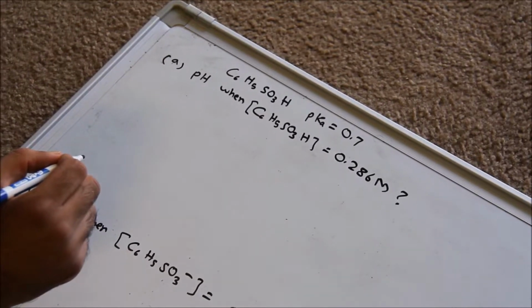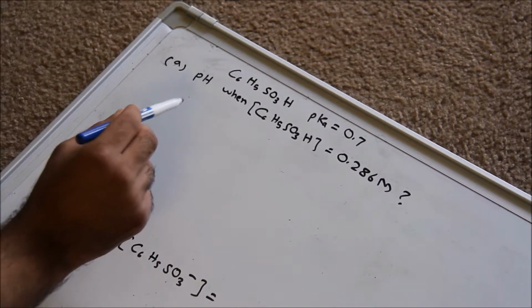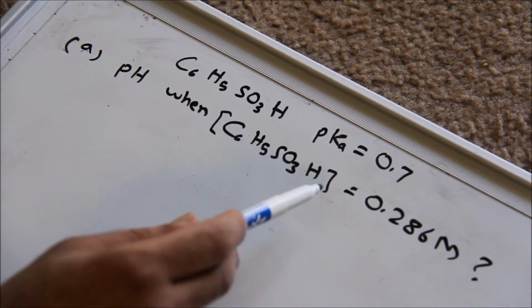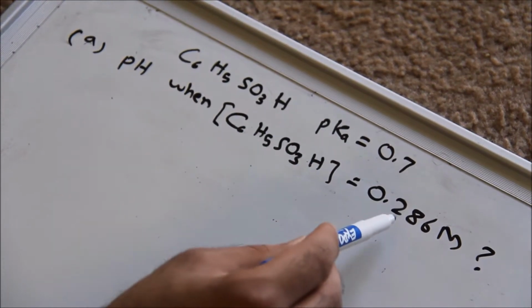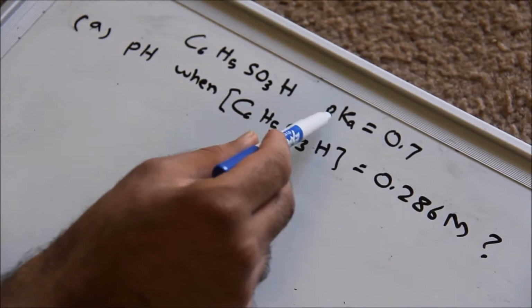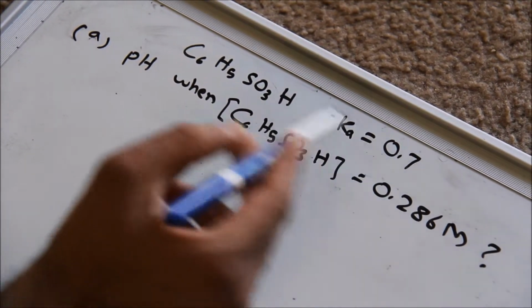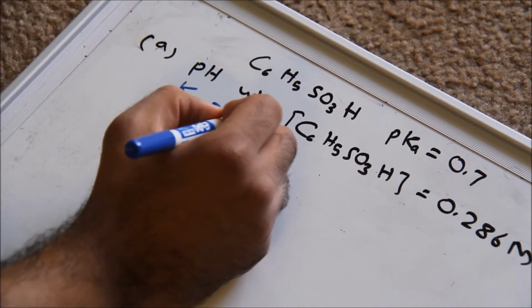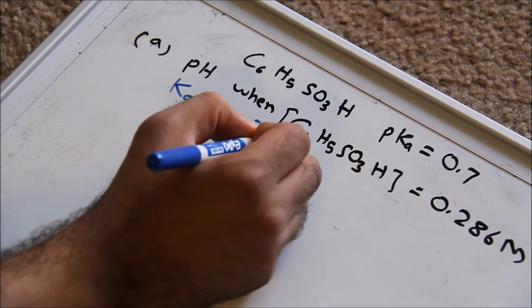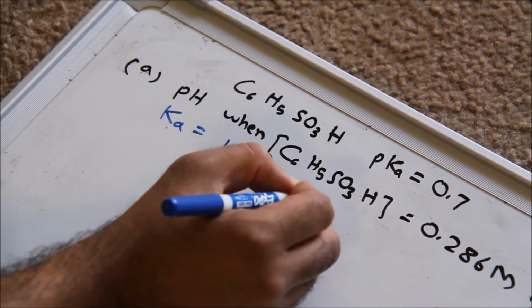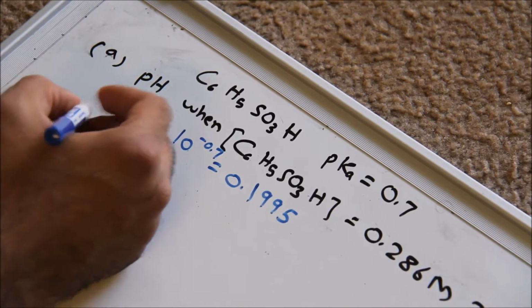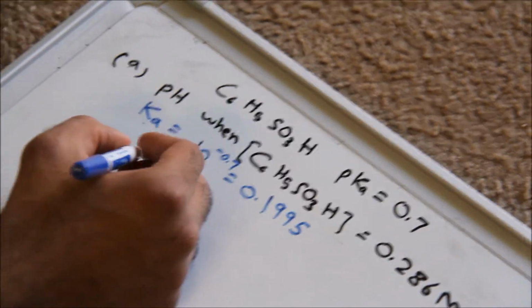Alright, so this question is asking for the pH of benzenesulfonic acid, C6H5SO3H, when the concentration is 0.286 molar. We know that the pKa is 0.7, so we just convert that to Ka, which will be 10 to the negative 0.7, which is equal to 0.1995. So now we know the Ka, so all we gotta do is just set up the equation, which will be